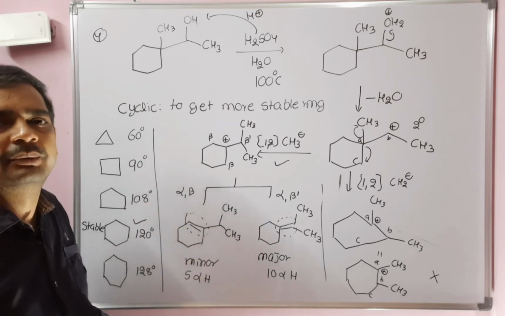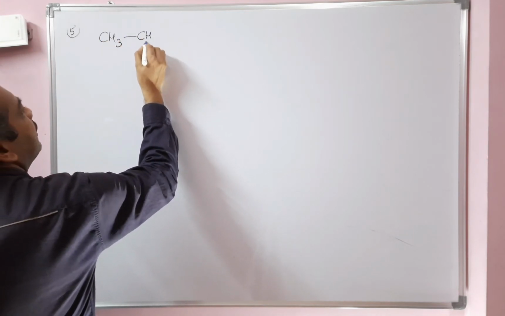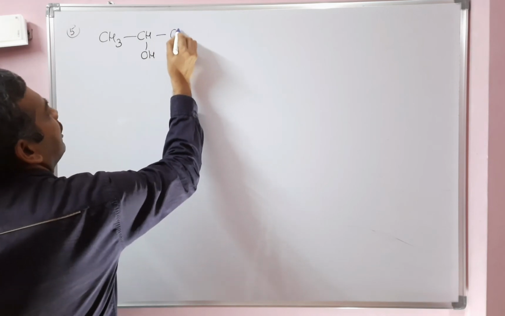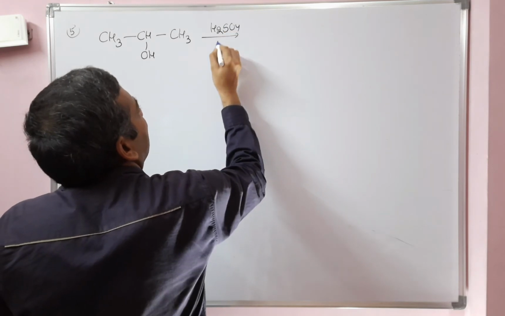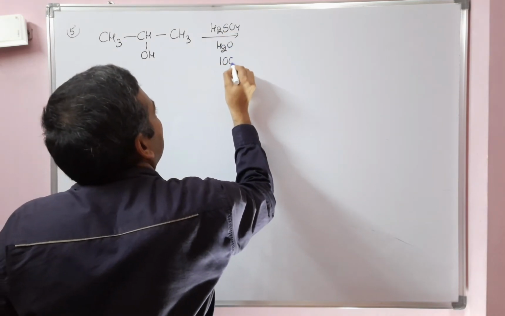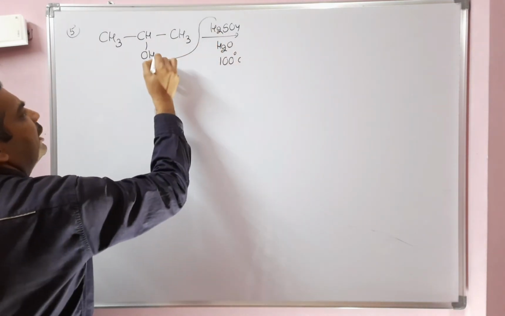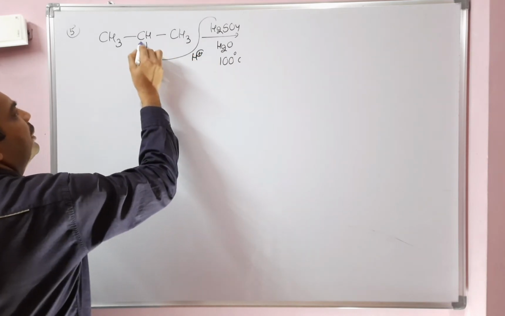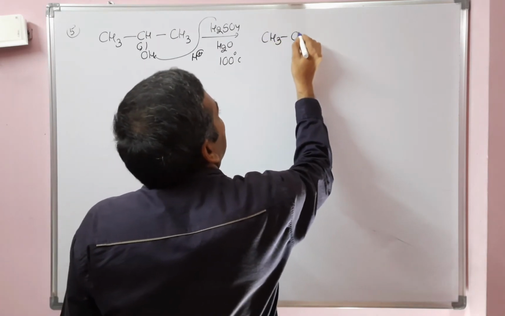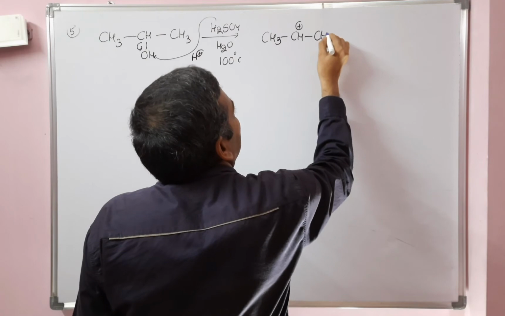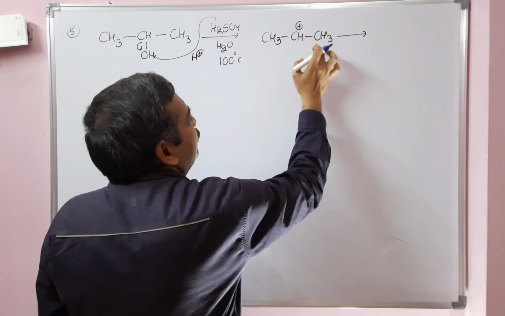Right? Now next example. Simple example, CH3 CH isopropyl alcohol. Secondary alcohol reacts with H2SO4 and water at 100 degrees centigrade temperature required. First H plus will attack here, after that it gets converted to OH2 plus, it will leave, and a carbocation is formed here, CH3, CH plus and then CH3. Here there is no rearrangement. Why? Because if it undergoes rearrangement, secondary to primary is not advisable.